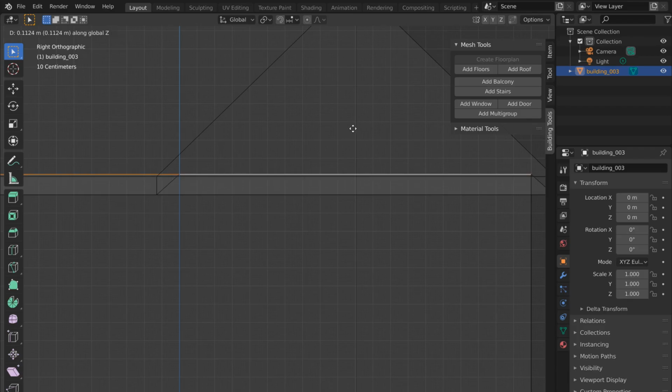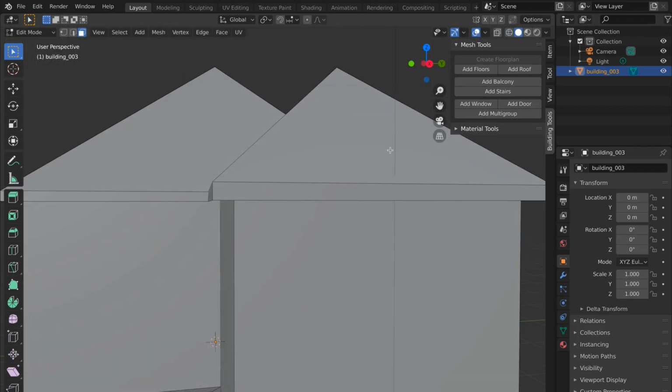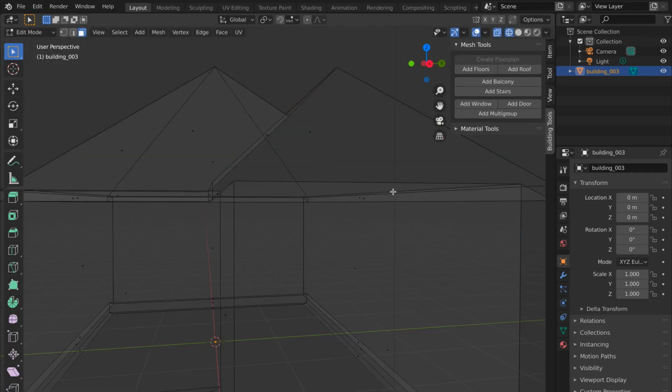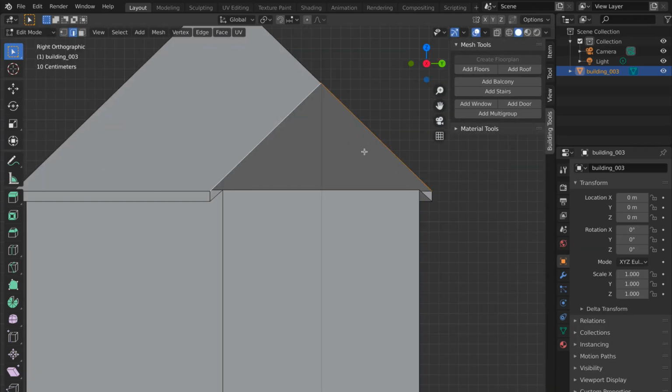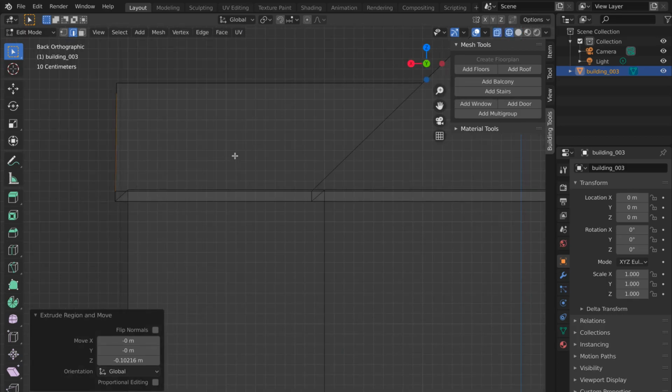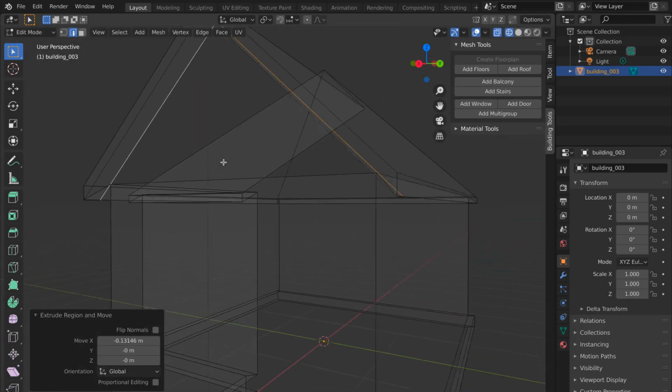So you see Building Tools is very flexible, but it has its own constraints. You need to find workarounds, be creative and get awesome things done with this tool. In the next video, we will have a look at material tools.